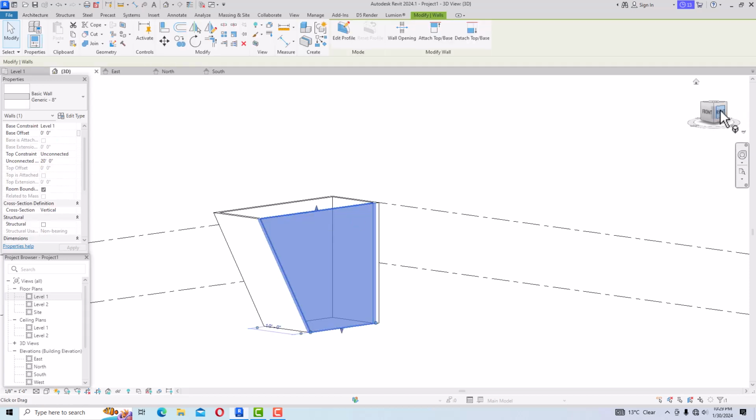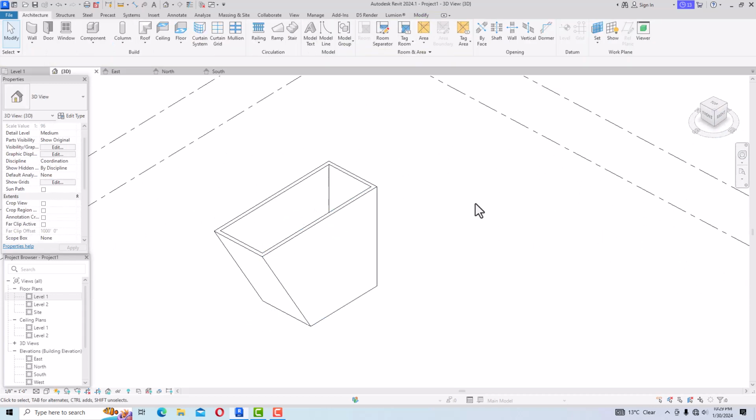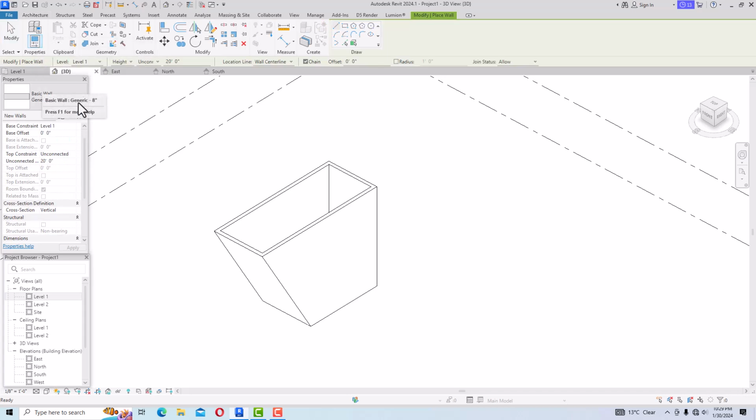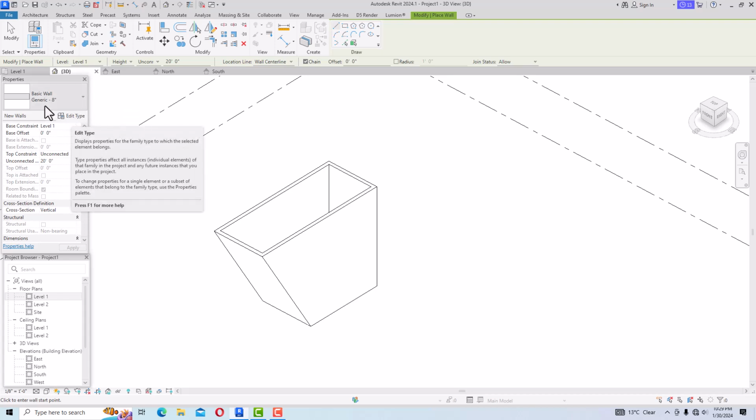These are all 8 inch thickness walls. You can draw any other wall also. So I'm going to draw a wall here, and this is a generic 8 inch wall. So how to change the thickness of the wall and the material also, I will tell you how to change the material. First you need to go to your lower panel here, and you can see this option here,